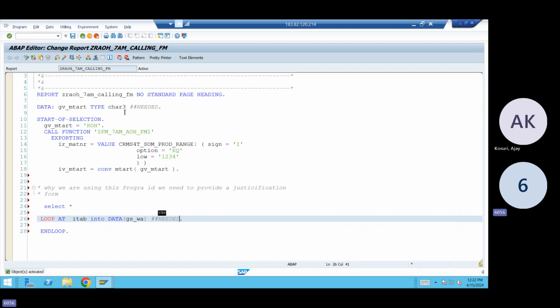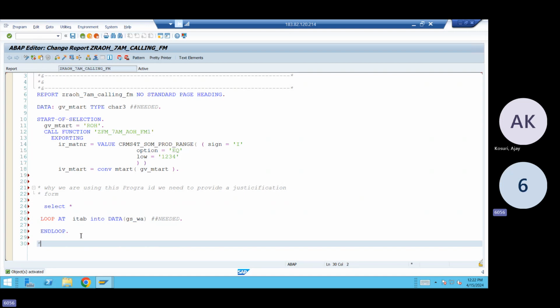So when you are using for all entries, or when you are creating a join with an internal table and a database table, you will be seeing something called as EC for all entries. Like that, you will be seeing one hashtag. So like this, you have to keep your tags in your